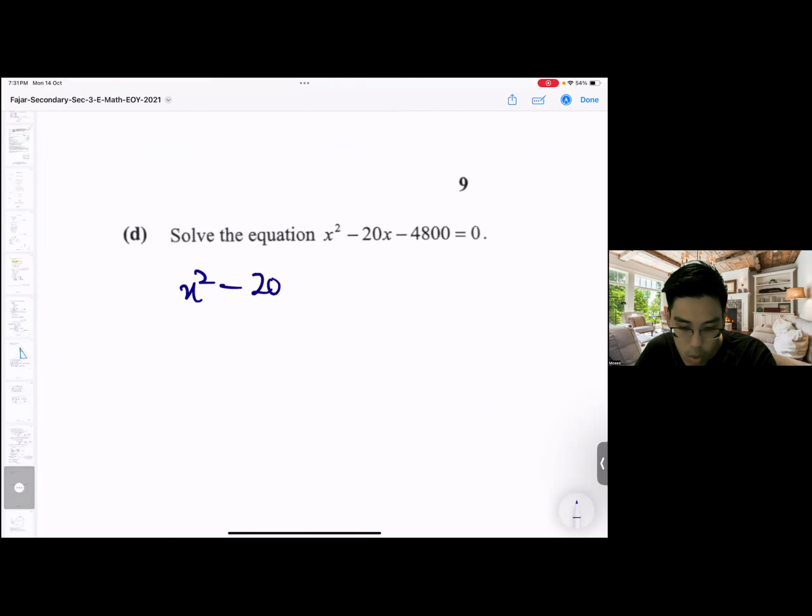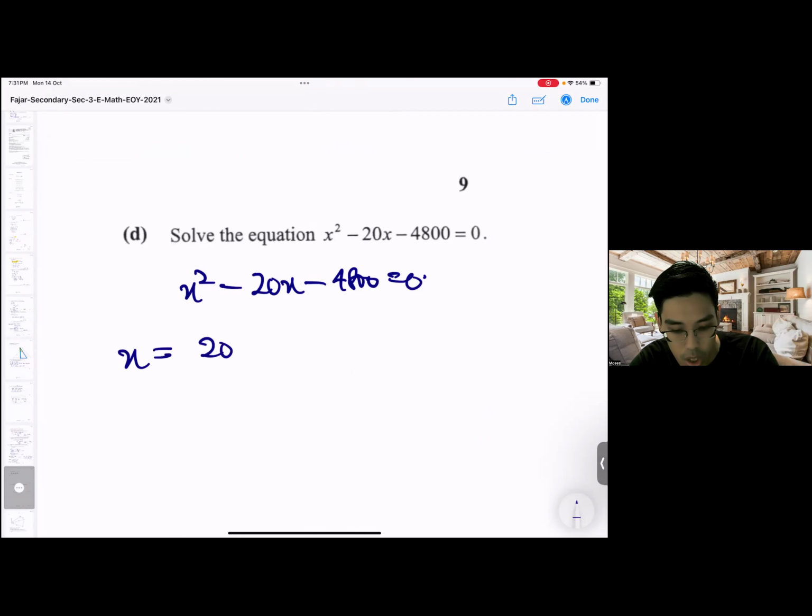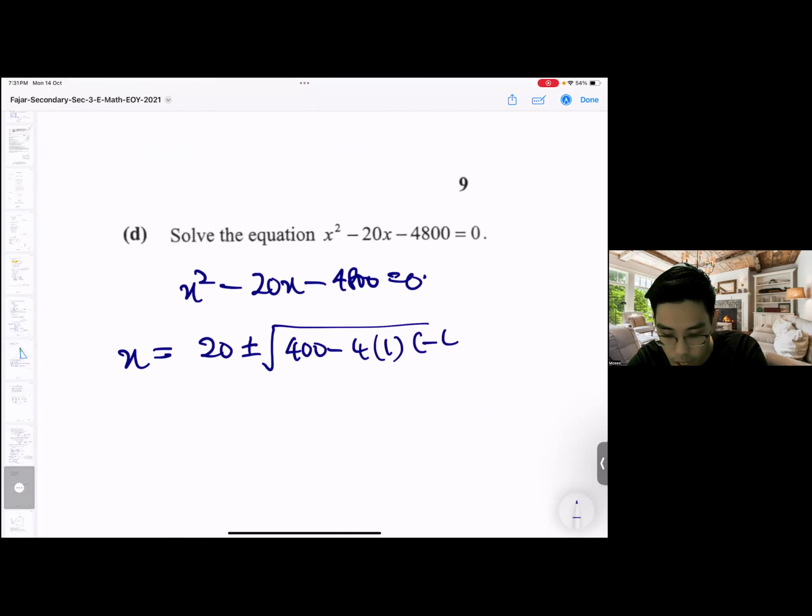X squared minus 20x minus 4,800 equals 0. This is where they request you, instead of pressing the calculator, you must, I say again, you must use the quadratic formula to go and solve for x. So let's use it. X equals 20 plus minus the square root of b squared minus 4ac